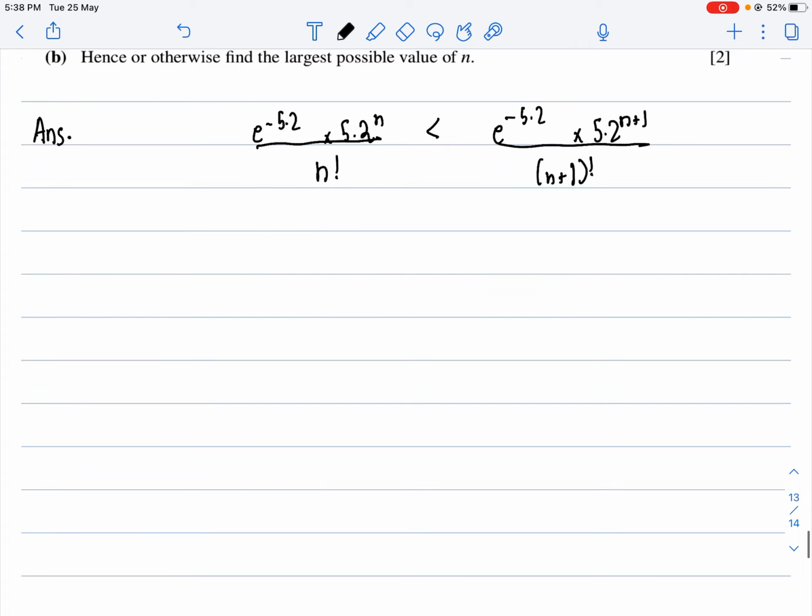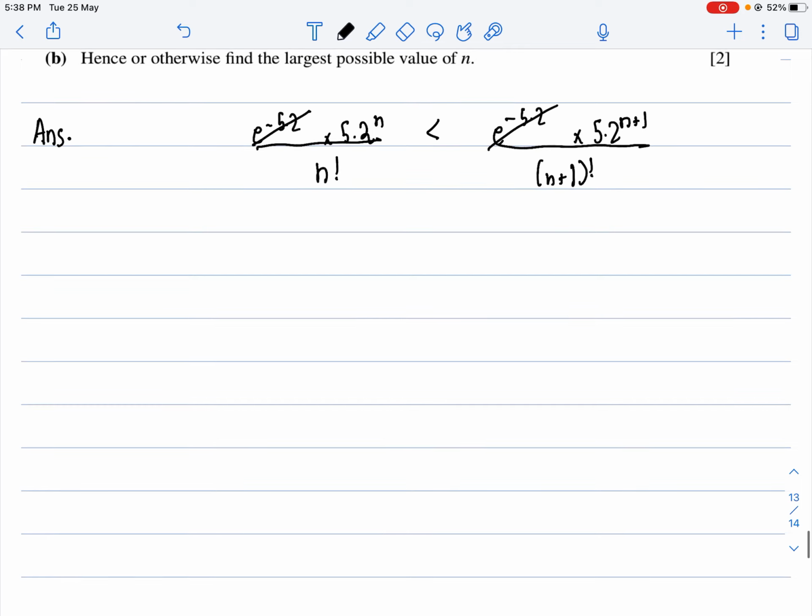Now, the first thing I can do is I can cancel both of these, correct? Now, use your indices here. I know that a raised to b plus c can be written as a raised to b into a raised to c, correct? So I can basically write this as 5.2 raised to n over n factorial, which is less than 5.2 raised to n into 5.2